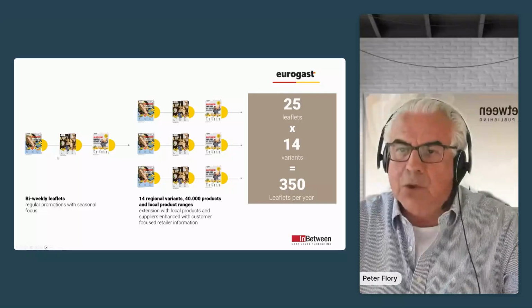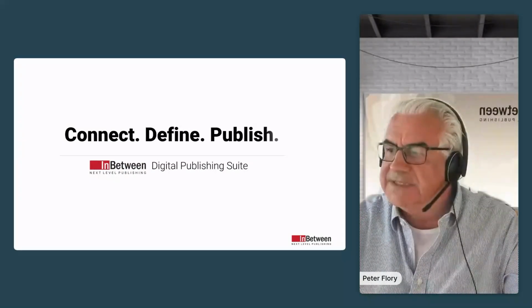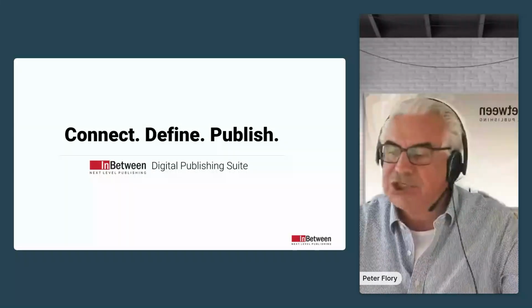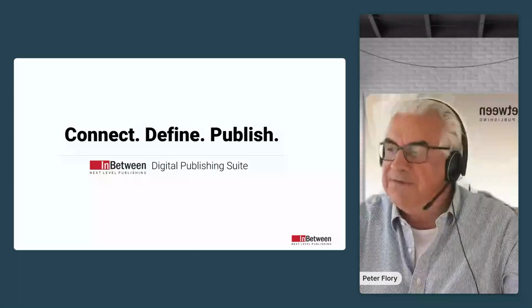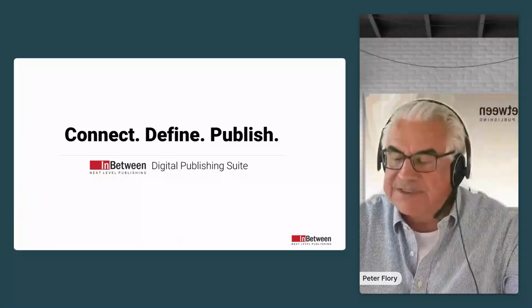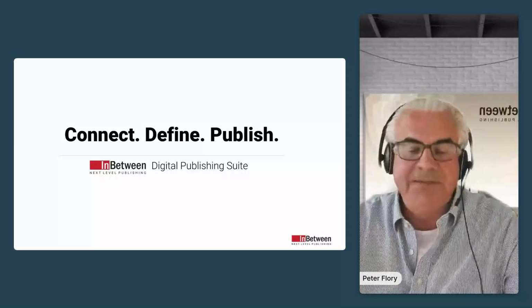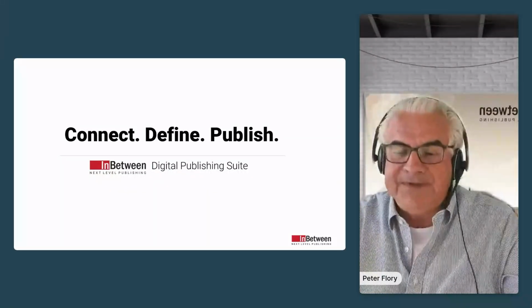Now, how does it all work? We have the simple credo: connect, define, publish. Connect your data, define your automation level, and publish your collaterals. Now, obviously, we all know that it is a little bit more complex than just 3 words. Specifically for